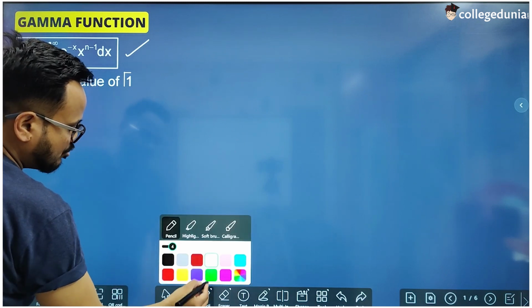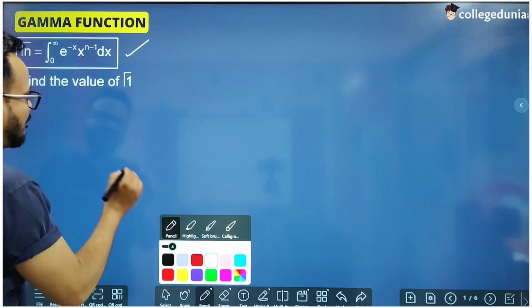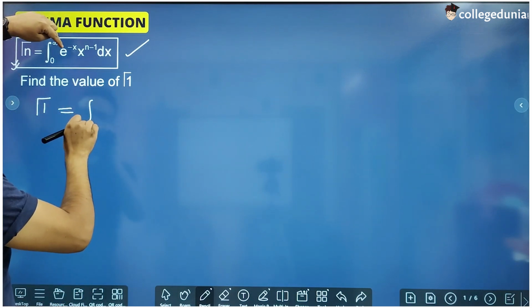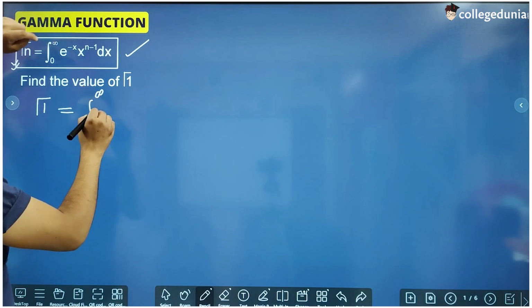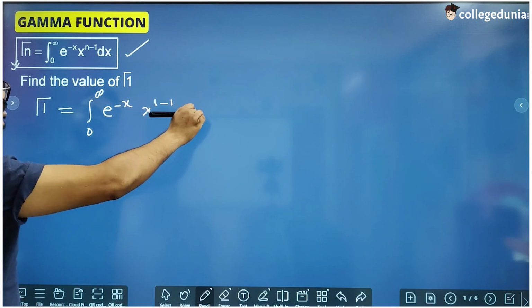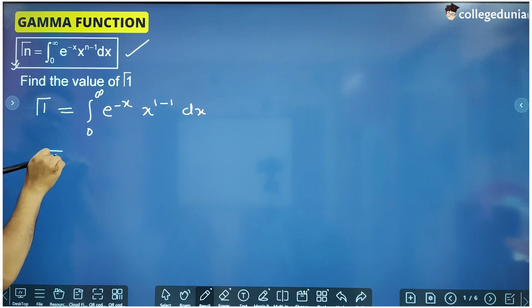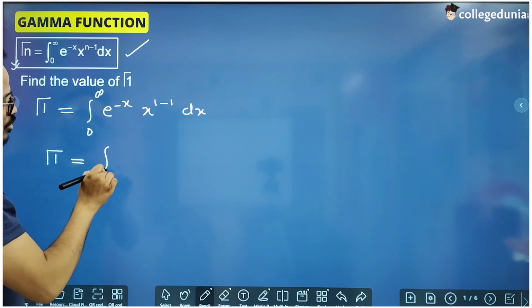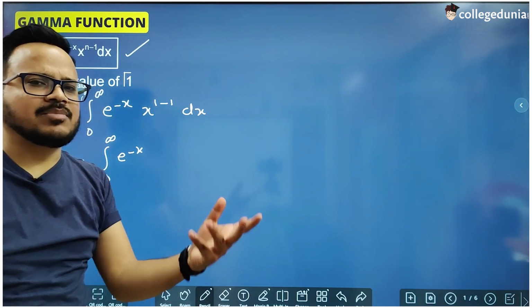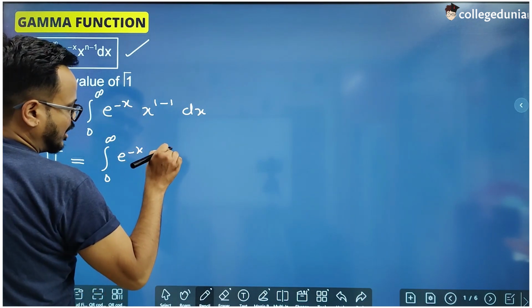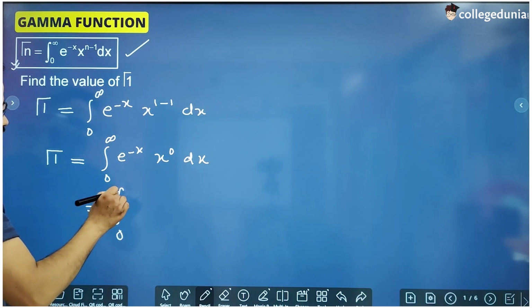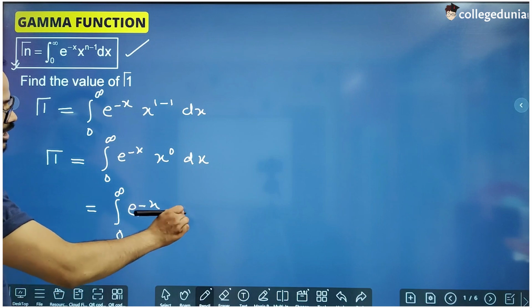For example, suppose we have to find the value of gamma 1. We will put 1 in place of n. So this function becomes this, right? And we know that x to the power 1 minus 1 is x to the power 0, and x to the power 0 is nothing but 1, so it is the integral from 0 to infinity of e to the power minus x dx,